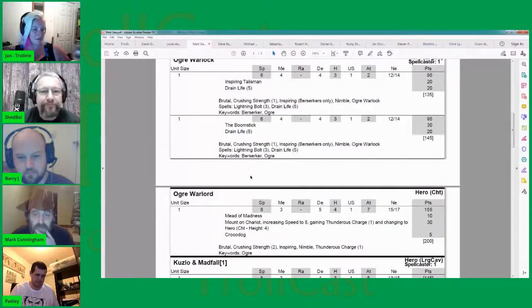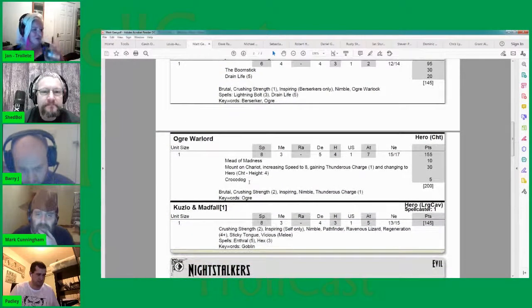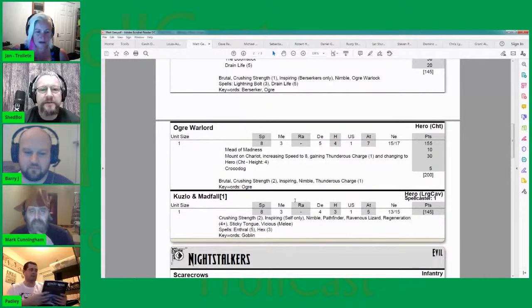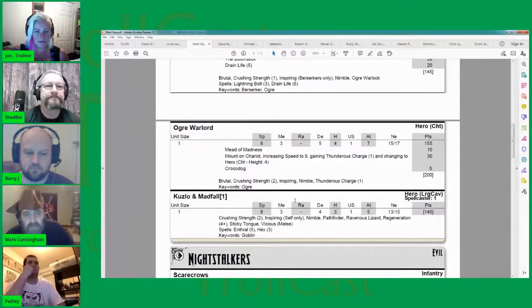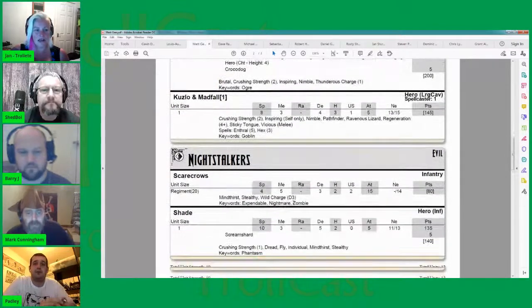Ogre Warlord with Mead of Madness, and a Crocker Dog, which I can't remember what it does. Oh, basically, it's like a miniature Elite for one turn. And Kuzo I'm mad for, which is a nasty little fuckwit. Yeah, it is. And then we've got the